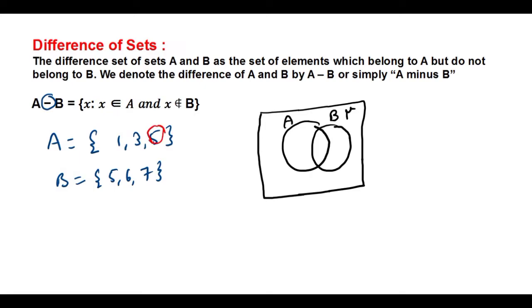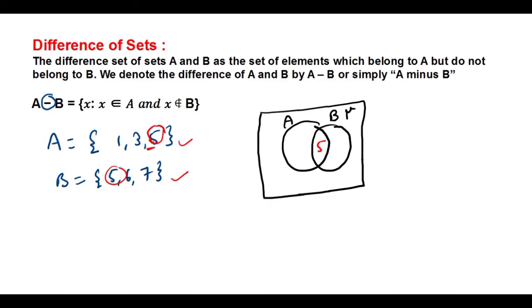So the 5 here. Okay, so can you say what is A union B from this? A union B means we should take all the elements from both: 1, 3, 5, 6, 7. Okay, that is A union B. A intersection B means only the common part. So what I have written, you see on my screen, only 5. This is intersection. Intersection means only the middle part, I mean only the common number in both.